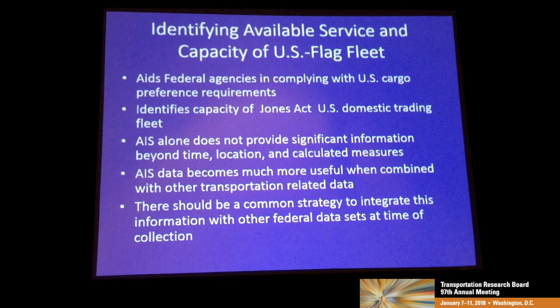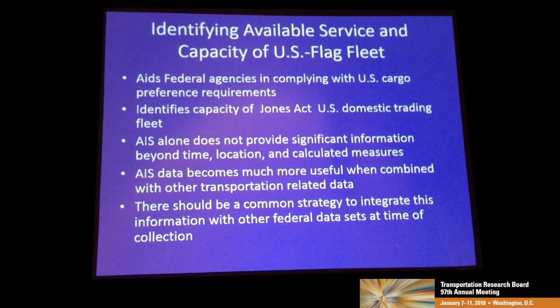AIS has independent utility, but you get a lot more out of it when you combine the information. And just an observation from doing all this work is integrating this information at the time of collection makes it so much better. I mean, the basic premise is if it's already matched, then you don't have to worry about matching